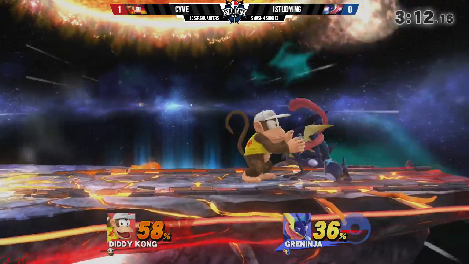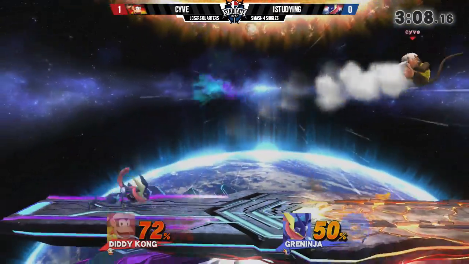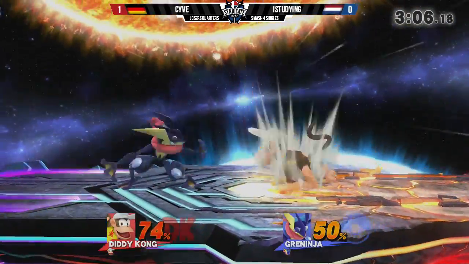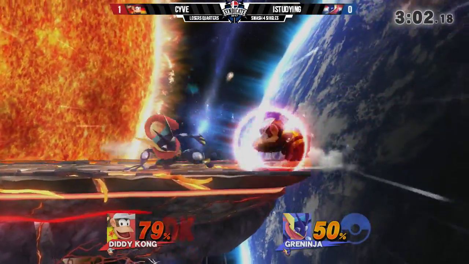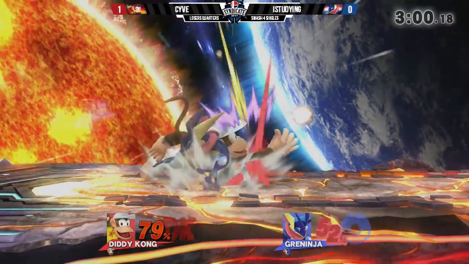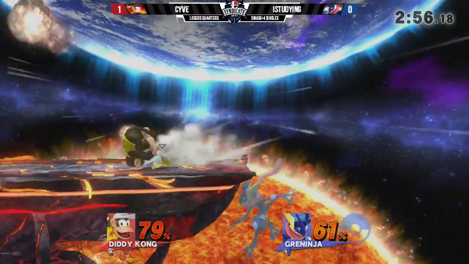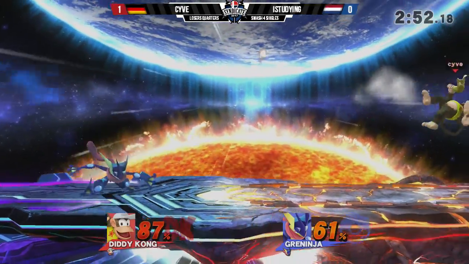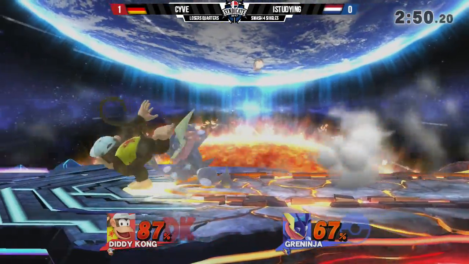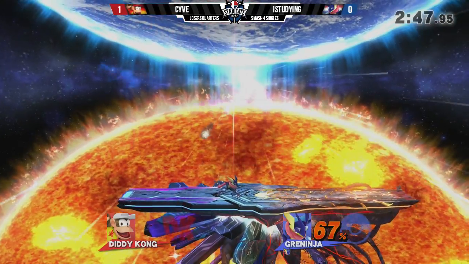Yeah, definitely find a way to capitalize even more on his central stage positioning. Right now, though, it seems like he's doing a really good job. The way that he's applying his neutral airs, and of course his shurikens as well. With cyve rolling through and getting that jab, that is one of those things that is slightly hard for Greninja. He can catch rolls for sure, but he needs to set up to catch them properly. And you just don't have that kind of timing as Diddy,